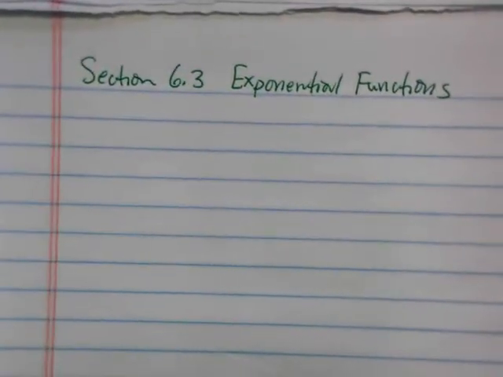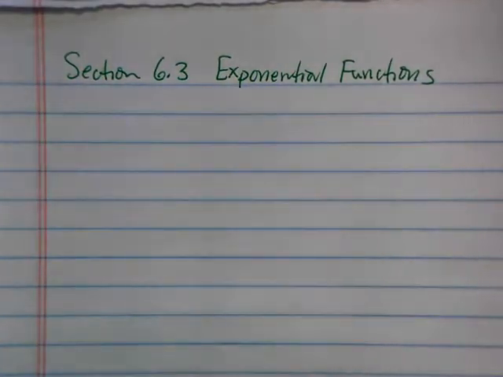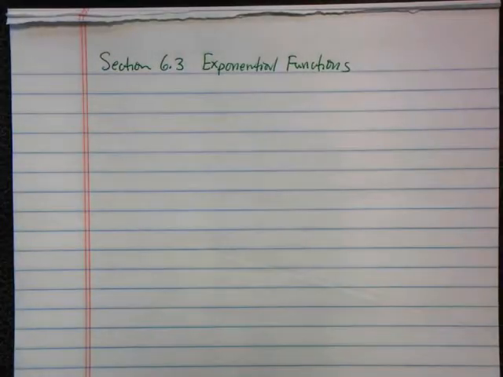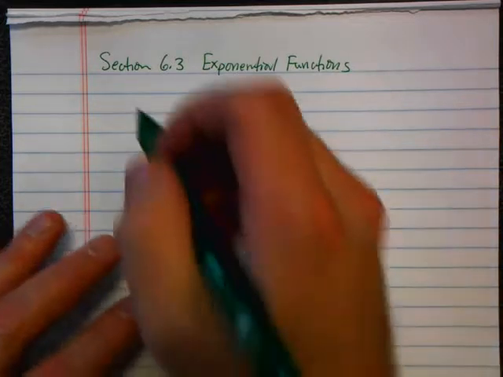Today in section 6.3, we're going to talk about a new kind of function. The new kind of function is called exponential. Anybody know what makes a function exponential? That has a rate that increases over time. That's correct, actually. But how does it look in an equation? It has exponents. Okay, so here's an equation